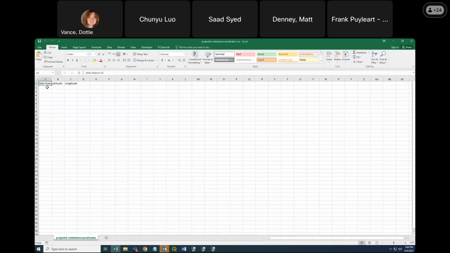Some of the documents that we'll actually be submitting into RIMS, we will be required to follow some naming conventions. So then for the met stations, again, just copy and pasting those coordinates in,